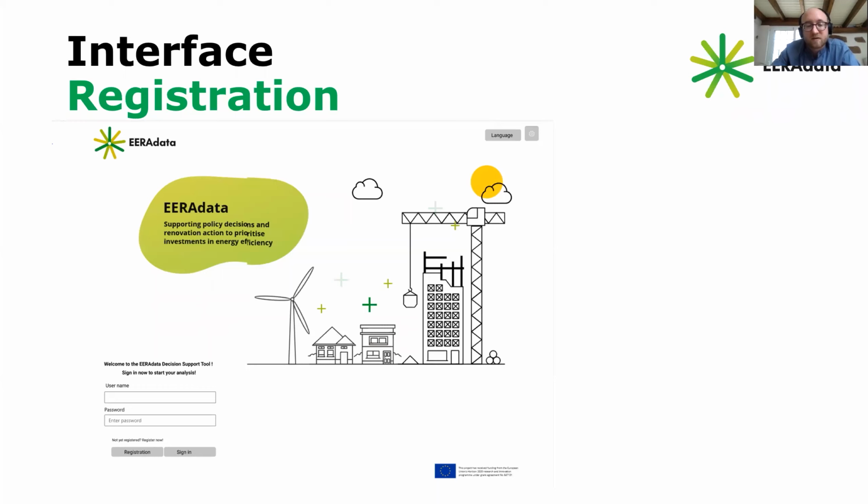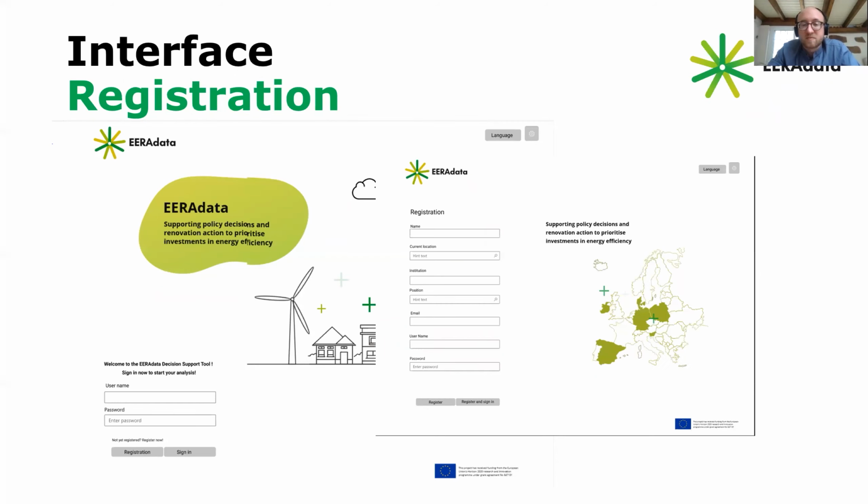To give you a glance how it could look like in the end, we will have here a first introduction to the interface of our tool. I want to briefly go through with you so that you know what it could feel like. Here, for example, we have the registration side where the user logs in. There will be an admin in every administration, in every municipality and region, who will guide you and help you and register you. And yeah, there's a registration page.